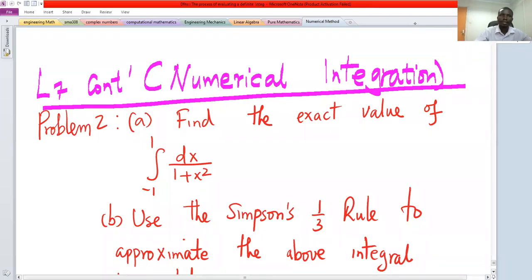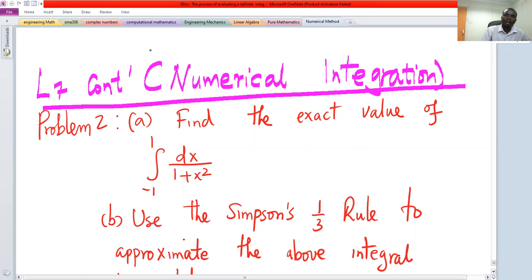Welcome to this session. In this session, we are going to discuss a problem on numerical integration by Simpson's third rule. So the first part of the question is, find the exact value of the integral from -1 to 1 of the function 1 over 1 plus x squared dx. And then part B is to approximate the integral given in A by Simpson's third rule